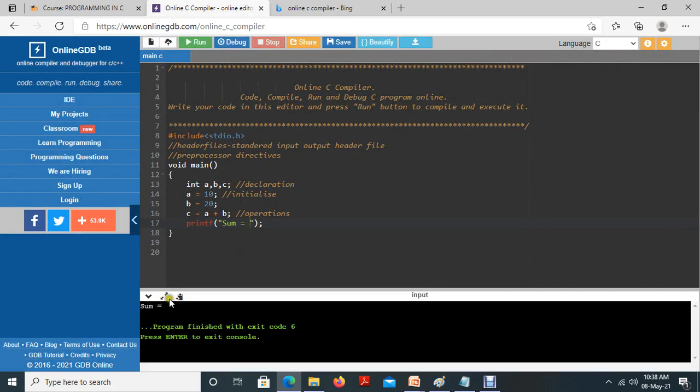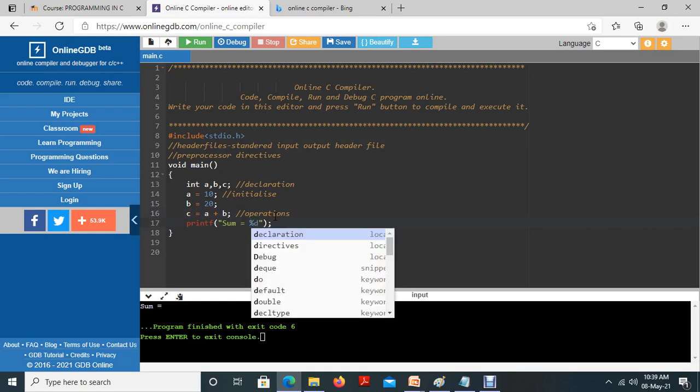You will get an output like this, sum equal to. But our intention is to print sum equal to 30. How will you print? C is a variable having the value 30. We have to print the value available in C. So here we are specifying sum equal to, then there is a space, I mentioned a space there. After that there is an equal to sign, and after that there should be a space. After that I have to print the value.